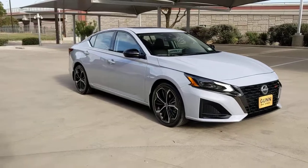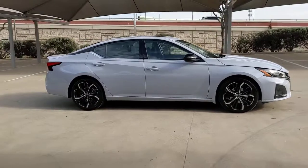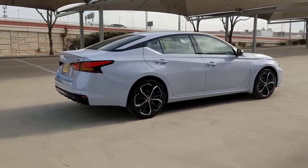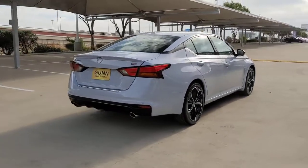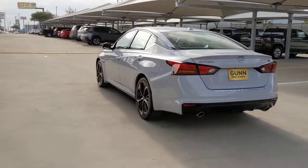You're gonna love the 2023 Nissan Altima. Take a closer look at this sporty and practical Altima. From its athletic performance to its available all-weather capability to its spacious, comfortable cabin, this stylish, safety-minded midsize is the